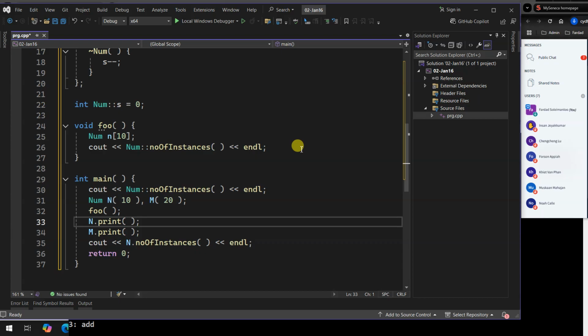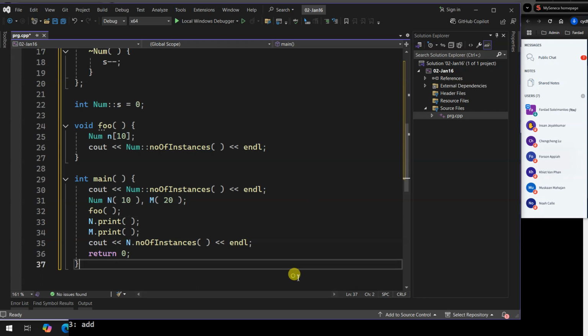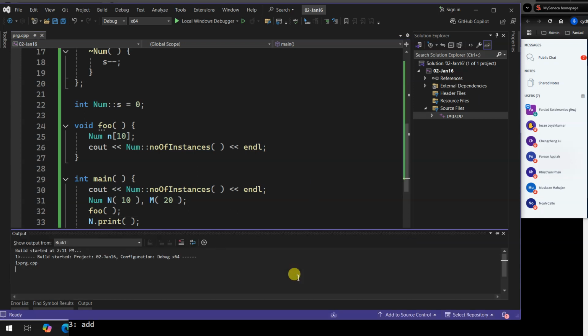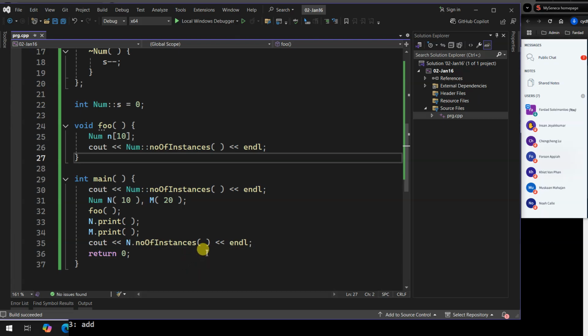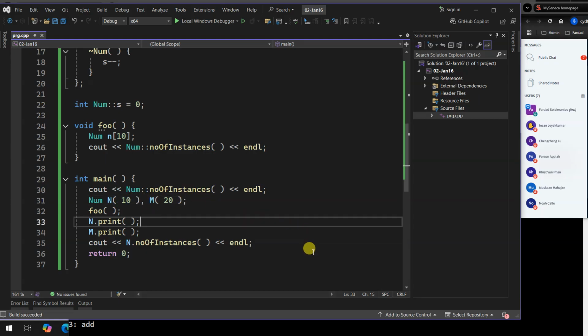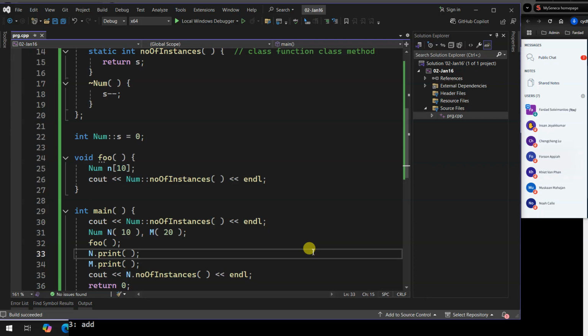Okay? So that's that. Now if I run this beautiful function of mine, you can walk through it and see what's going on. But essentially it tells how many instances are created. You see object number 1, and so on, created. So one by one, you can actually do a dynamic thing and don't delete it. You see, it's going to remain 1 or 2 at the end. But that's what it is. Are we good? Okay.